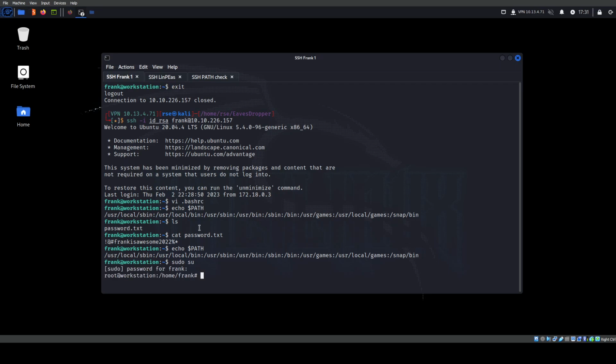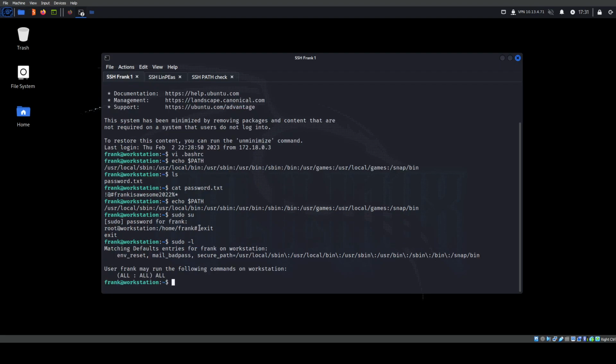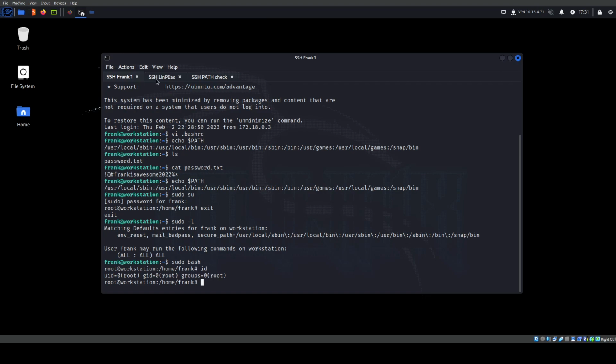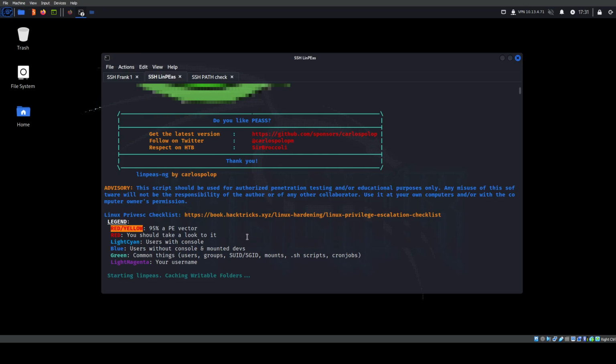There we go. I believe we could pretty much run anything. Sudo -l, right? You could do sudo bash. It'll work. It won't ask you for the password every time, just the first time. And we are the root user, right? And that pretty much does the challenge. You go capture the flag. I believe it's in the root directory, right? You capture that and submit it. But for now,